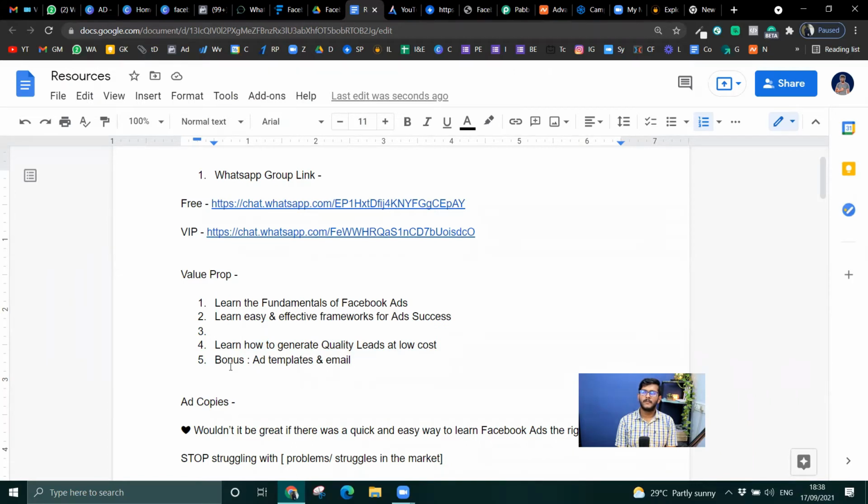Hmm, I can give the funnel maps. Facebook ad funnel map template and checklist to build a successful, profitable Facebook funnel.